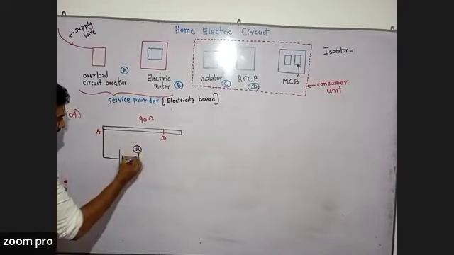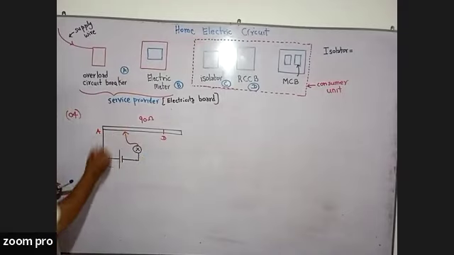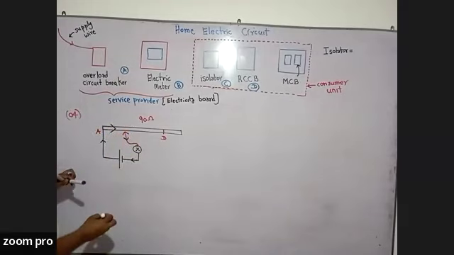Now there's a bulb here. So let's get this pointer to this point. Then you should know that the current is flowing in this direction in the circuit, right? So let's assume that